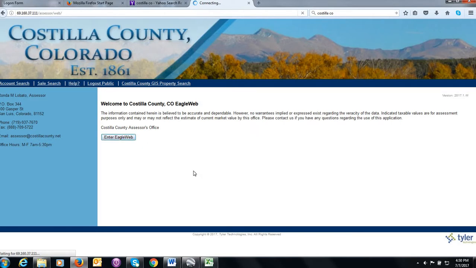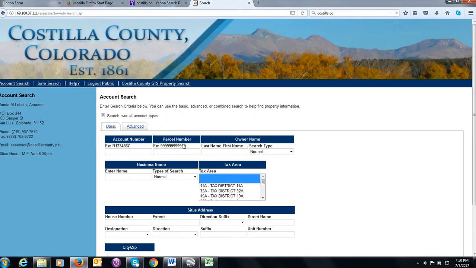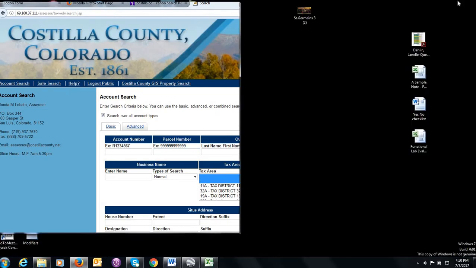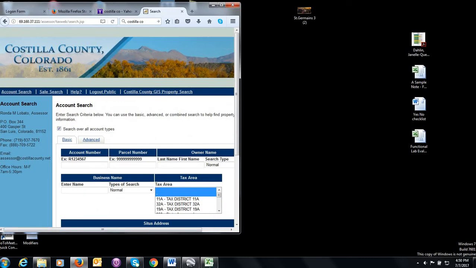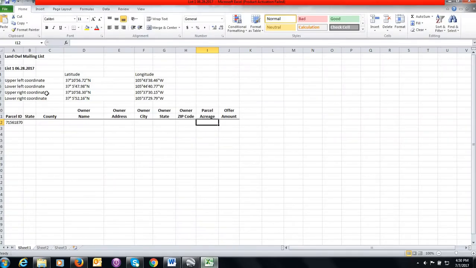Now once we're at this point, we can now take our parcel ID number from our Excel spreadsheet. Excuse me. So let's go ahead and see if we can get both of those on the same screen. We'll open our spreadsheet. Now in a previous video we showed you how to use Google Earth and Parlay 2.0 to gather these parcel ID numbers, and we're going to now complete this spreadsheet. So if we put these side by side,